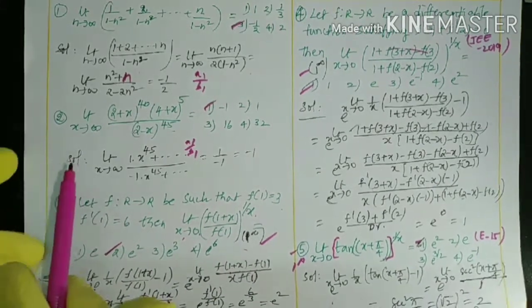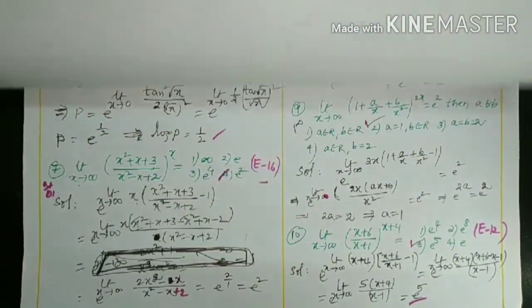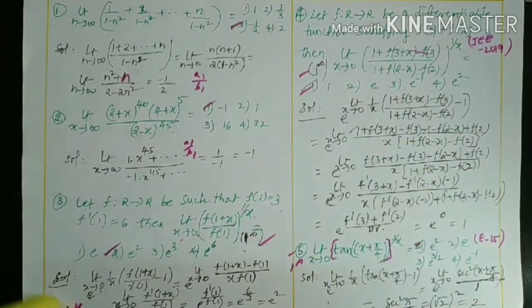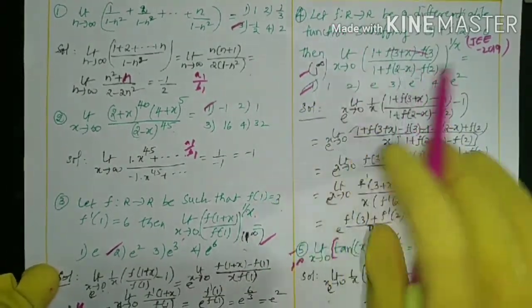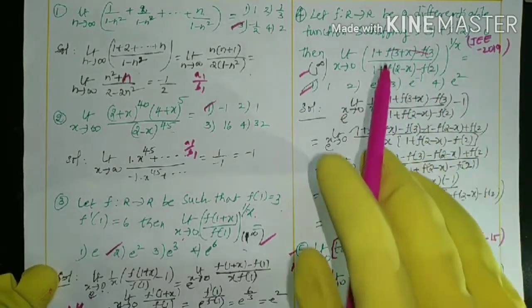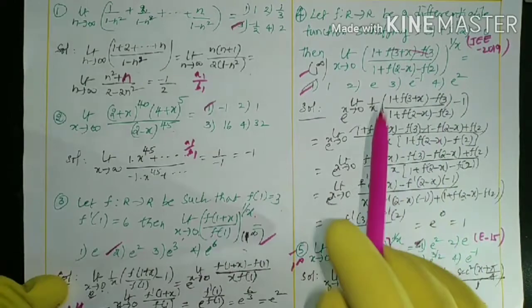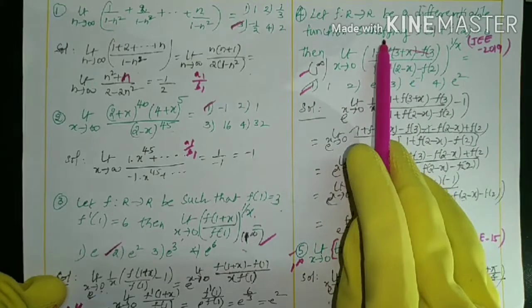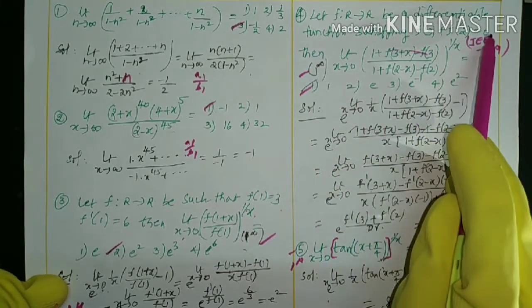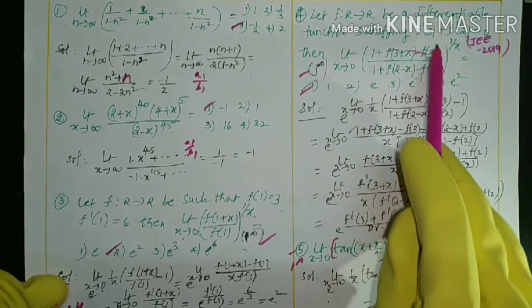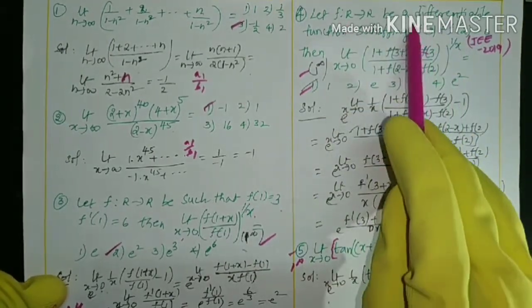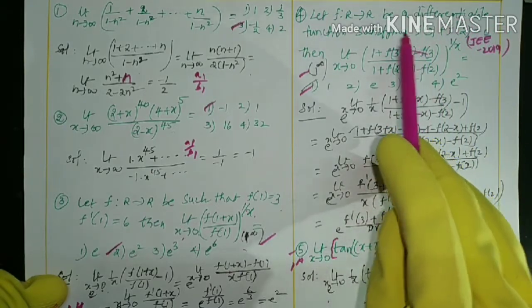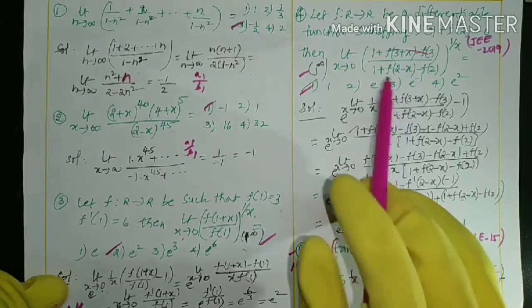That's very simple. But you can understand easily what the given data is, first of all. Now come to the fourth question. What is the fourth question here? It is the same application only, with a little bit of change. It's given that this is JEE 2019. How can you use this data? How can you solve this one? You can read out the question first of all. Let f from R to R be a differentiable function satisfying f dash 3 plus f dash 2 is equal to 0. Then it asks for the simplification of this. In this given data we have to recognize this one, and you can use it at the end of the solution. Now we'll look at the solution. What is the question here?